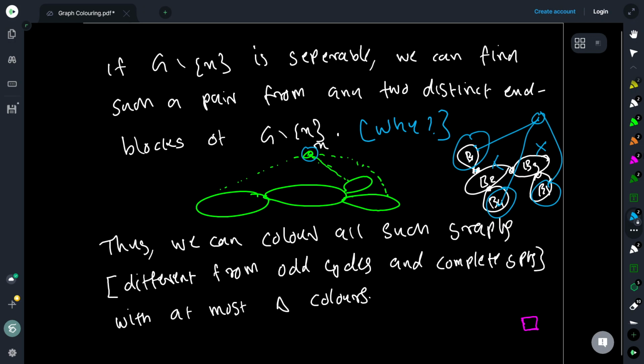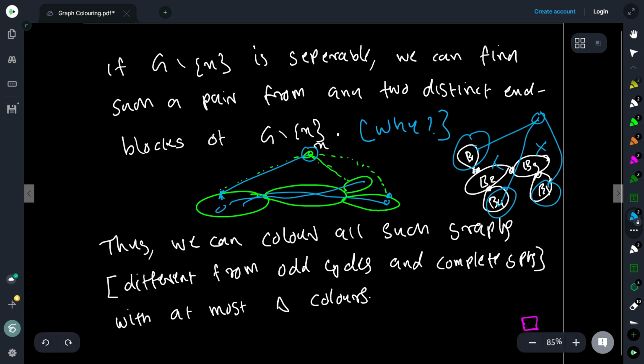And if there is a cut vertex, we have at least two end blocks, because if you have one of them and then the other end of the path, you start from this block and keep on going, and you will end up in one of these end blocks, like this or like this. So there will be at least two end blocks, and take these two end blocks. Both of them have neighbors of x, and because it is a block, there is no cut vertex, so if I remove one vertex, it will not disconnect the graph.